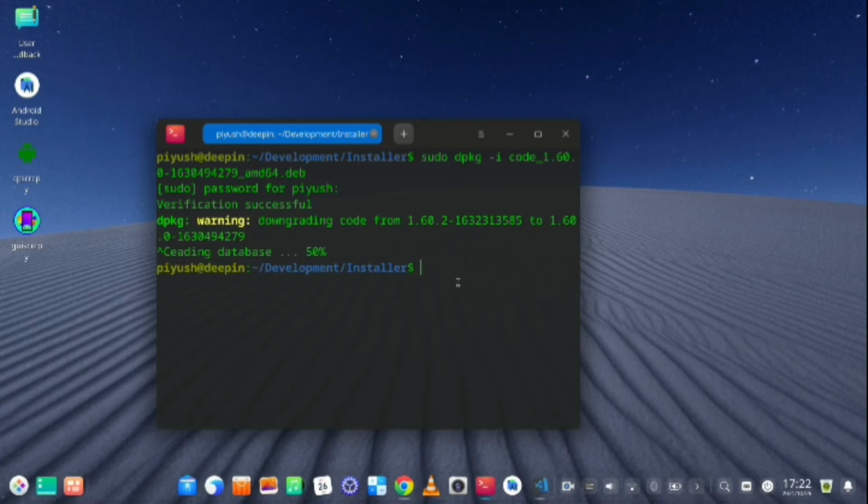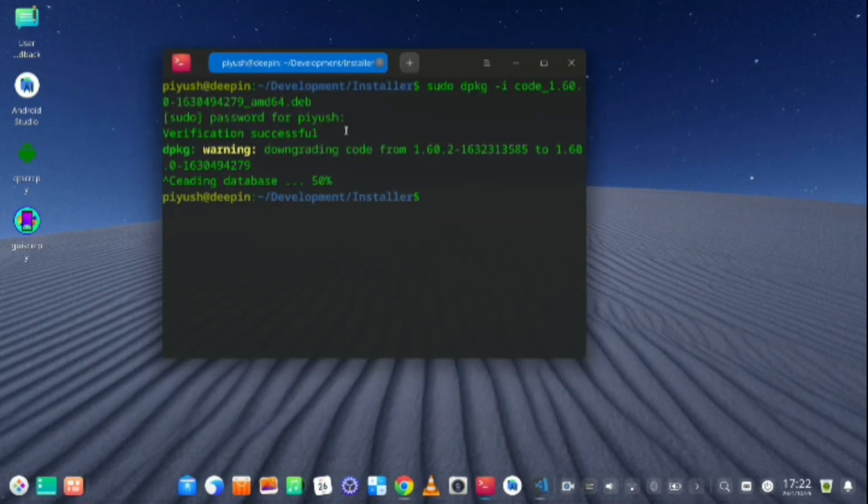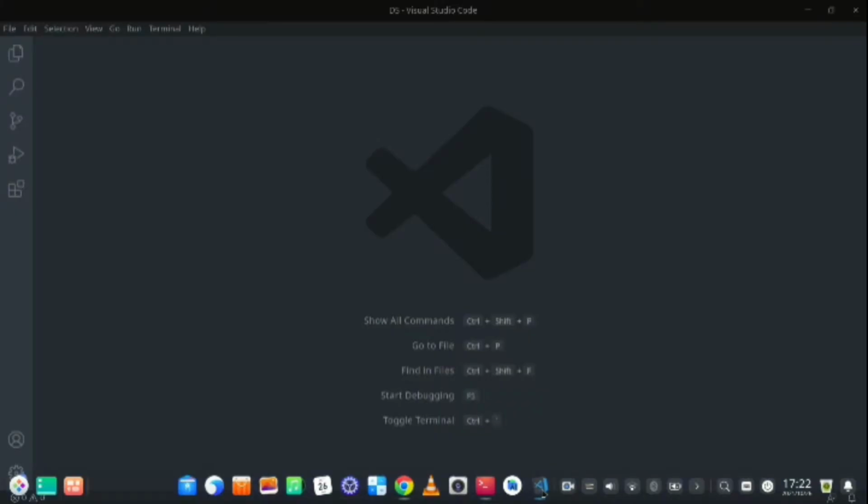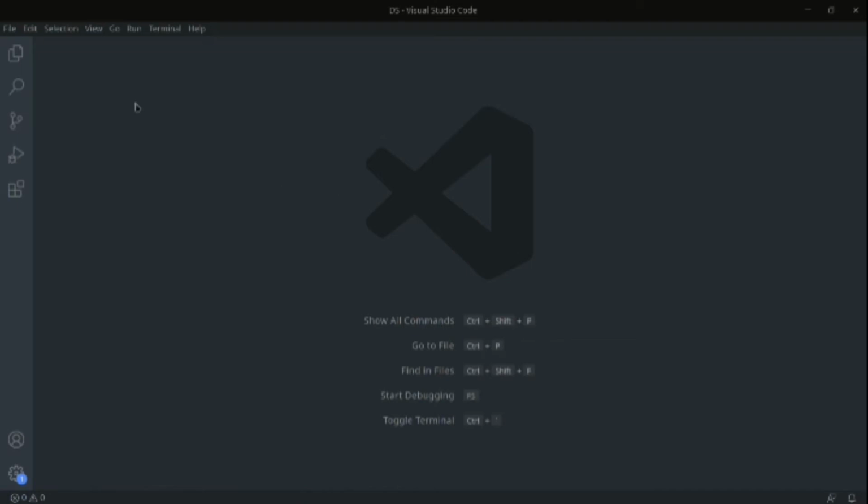Since I have already installed VS Code, I will not install it again. Now I will show you how to set up VS Code for programming. So let's open it. So here is the home page of VS Code. Go to the extensions